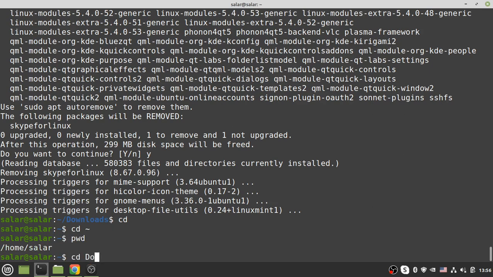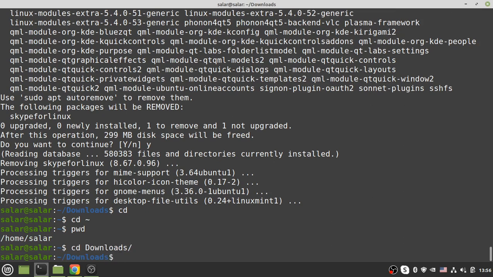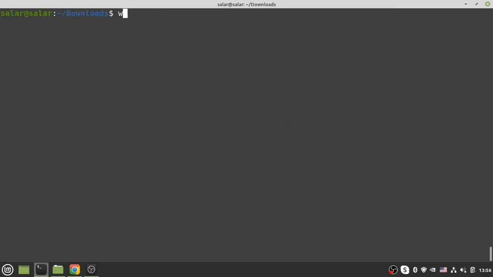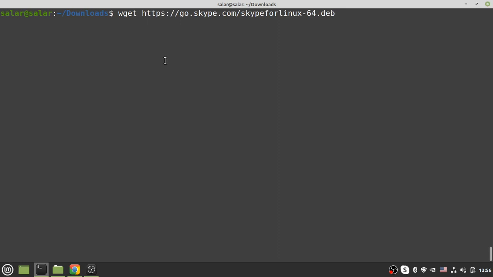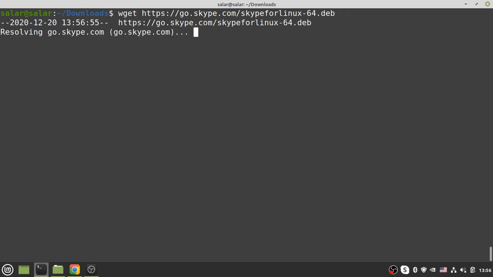Another time, go to Download, Control L, wget, and Control Shift V or right click and paste the address of the package. It's on go.skype.com, Skype for Linux -64 for 64-bit platforms, and that .deb is a Debian file for Debian distributions. Okay, now if I press enter,